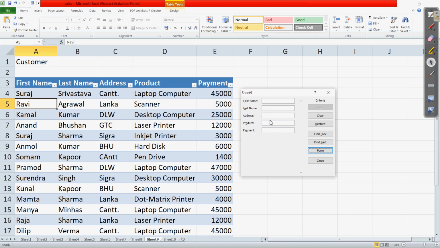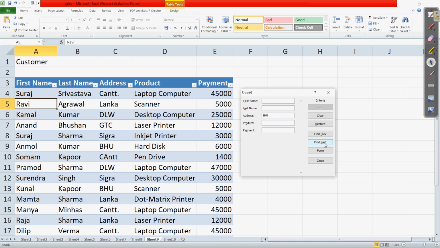So if I want to search all the records having the address as BHU, or whatever address you want to search for, I have written the address here in this particular field. Clear? For the address field we are searching for only those records having the address BHU. After writing this, we have to click on the previous or next button.